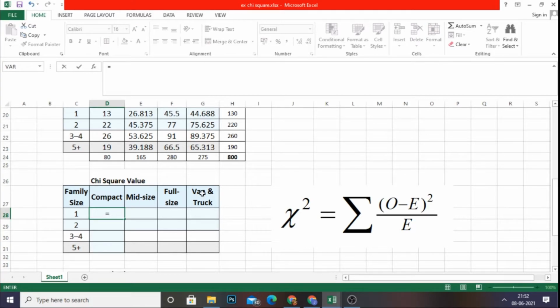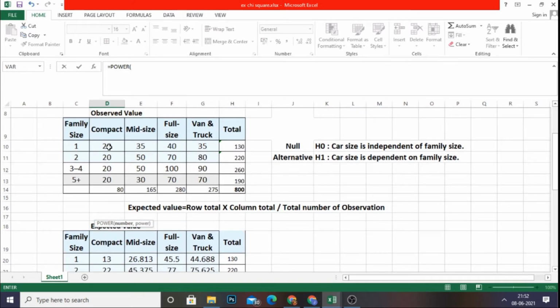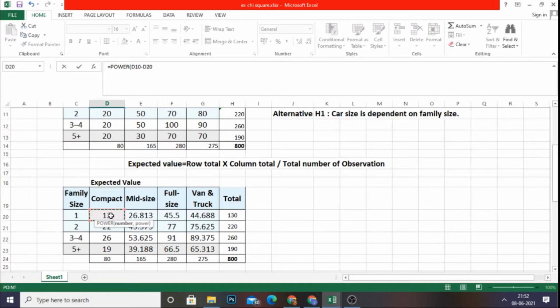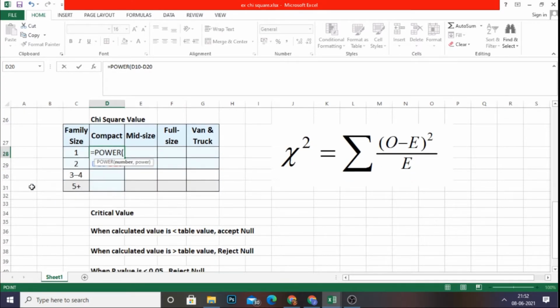Equal to, here since it is the whole square, I am just using the power formula, getting a number as well as a power. I am just clicking number. Here number is O minus E. O is the observed value. I am just clicking this minus the expected value, this particular cell, and going to give comma.